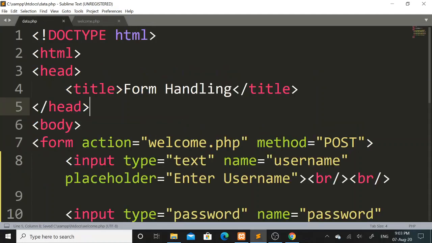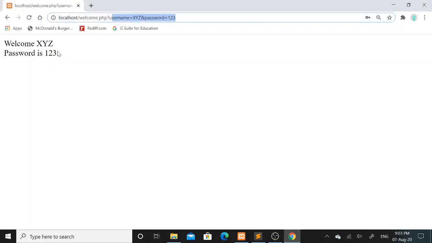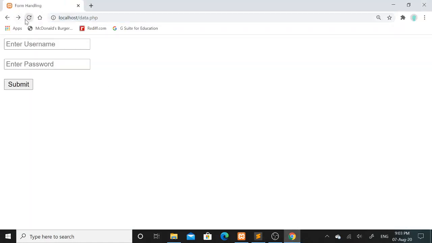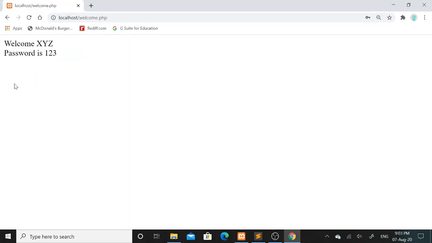Again I will save the initial data.php file. Now I refresh the page. Here I have again entered username as XYZ and password as 123, and now I will click on the submit button. So you can see that output has appeared, but there is no text or information mentioned in the URL bar. So the post method is more secured than the get method.